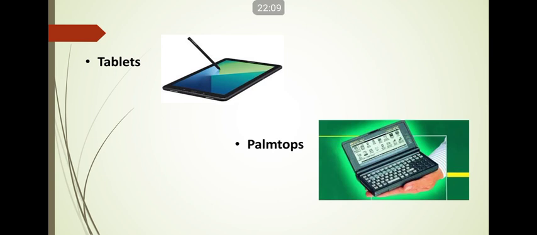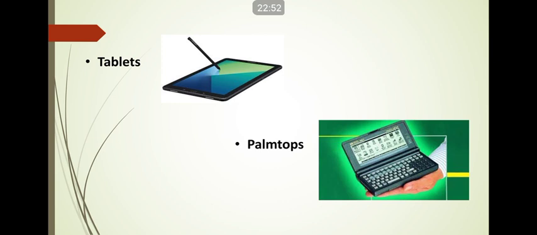Next type of microcomputer is tablets. Not the tablet which you eat, but the tablet computers, which are a bit bigger than smartphones. Now here in the figure you can see that no keyboard or mouse is there. How to give the input? Here the screen itself is the input device, as it is a touch screen. Clear? The screen itself is an input device because it is a touch screen and it can completely work as you work on your desktop or laptop.